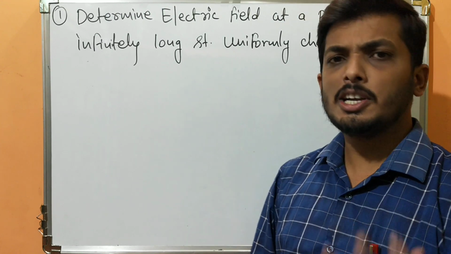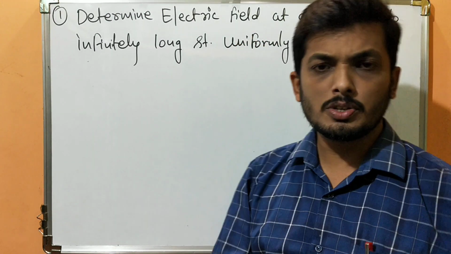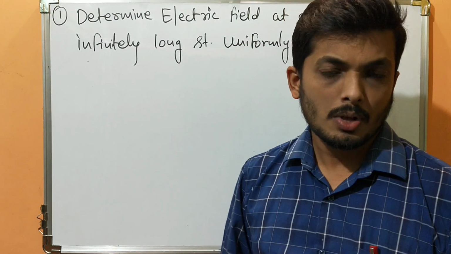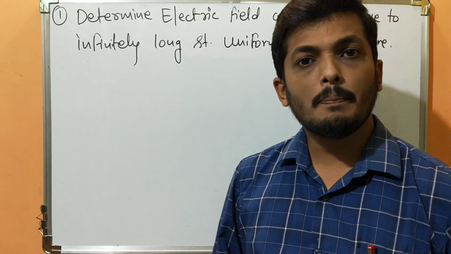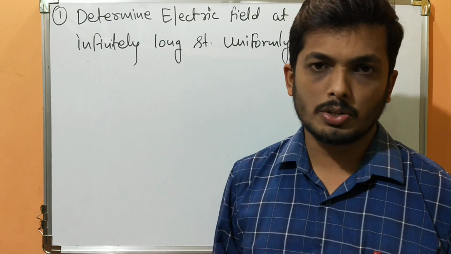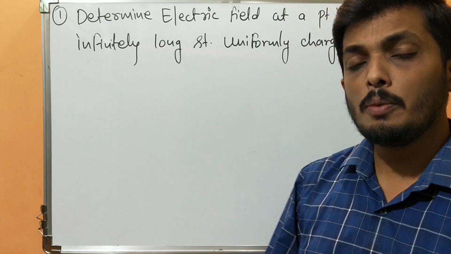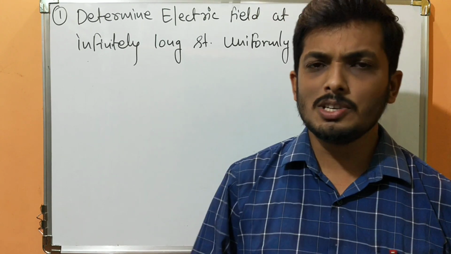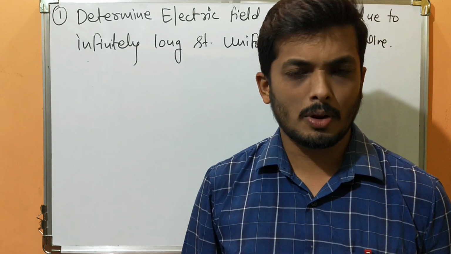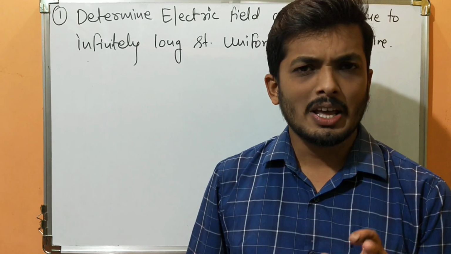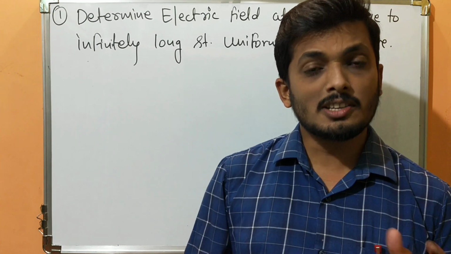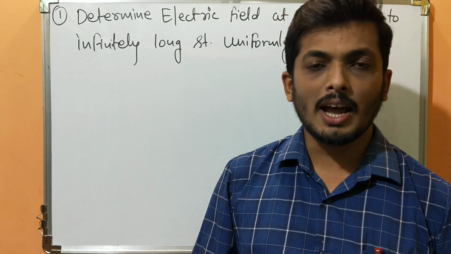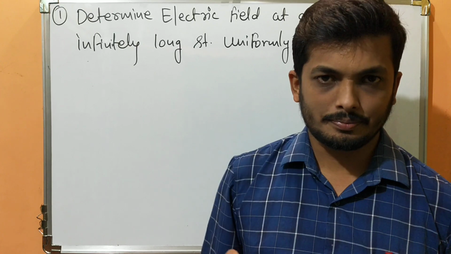There is a traditional way to find the electric field using the formula F by Q, but we are not going to use that formula. We are going to find the electric field by making use of Gauss law. As I told you, Gauss law makes your life much easier because its formula is not complicated. The formula is straightforward and the condition is very simple: 1 upon epsilon naught times the net charge. So let us apply that formula and find the electric field.